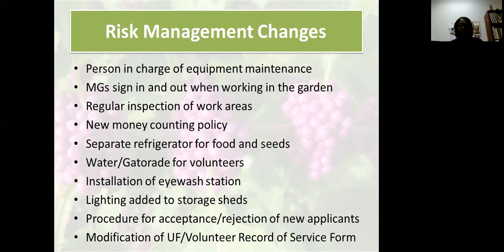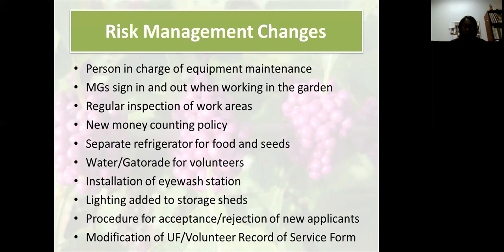We do regular inspection of our work areas, and so they know, here are the things that you need to look for in your areas. And especially if we're going to be hosting an event, they know they need to go around and look for things, like there might be a dip in the soil somewhere. And our facility is used by lots of different stakeholders, and they change around things in the area where we host events. So we have to make sure that the area is level, things like that, when we are having events.